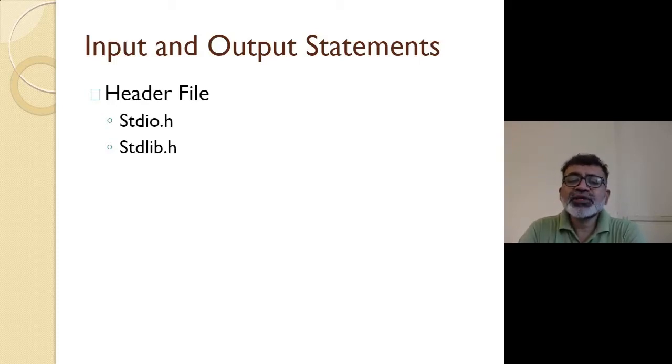So usually printf is the function to print something on the monitor, scanf is a function to take input from the keyboard. So these are input output. These functions have been defined in the stdio, which stands for standard input output header file. Its extension is .h because it is a header file. It is called a header file only because it is included at the top of the program, or top of the file, you can say. So that's why we call it a header file.